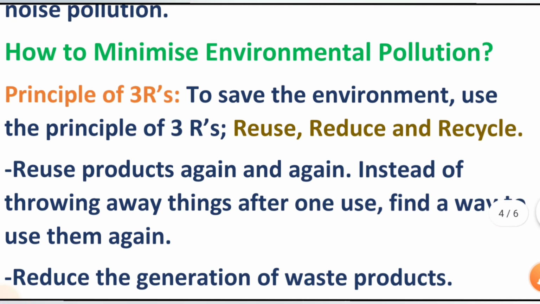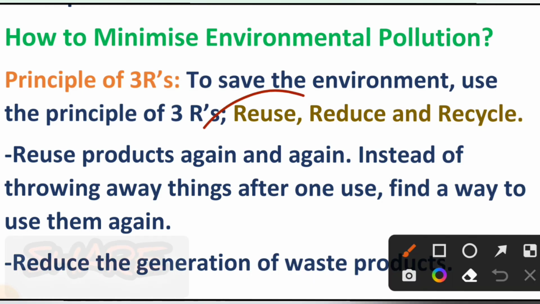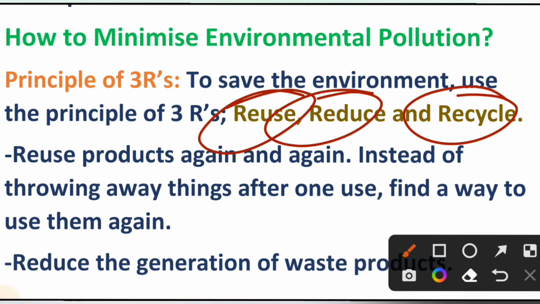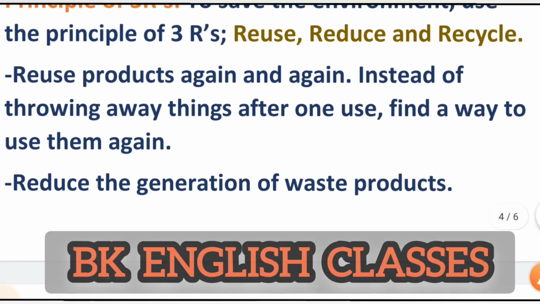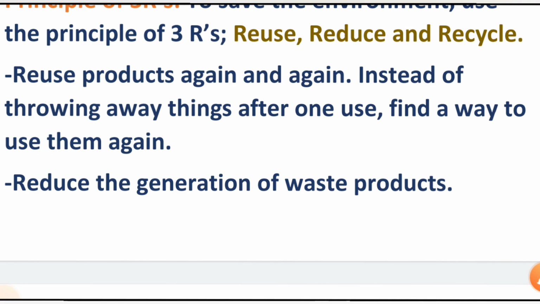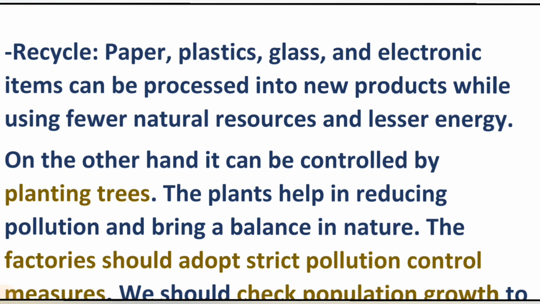Then, how to minimize environmental pollution? We have to adopt the principle of 3 R's. What are these 3 R's? To save the environment, use the principle of 3 R's: reuse, reduce, and recycle. Reuse products again and again. Instead of throwing away things after one use, find a way to use them again. Like this, reduce the generation of waste products. Then recycle. Paper, plastics, glass, and electronic items can be processed into new products while using fewer natural resources and